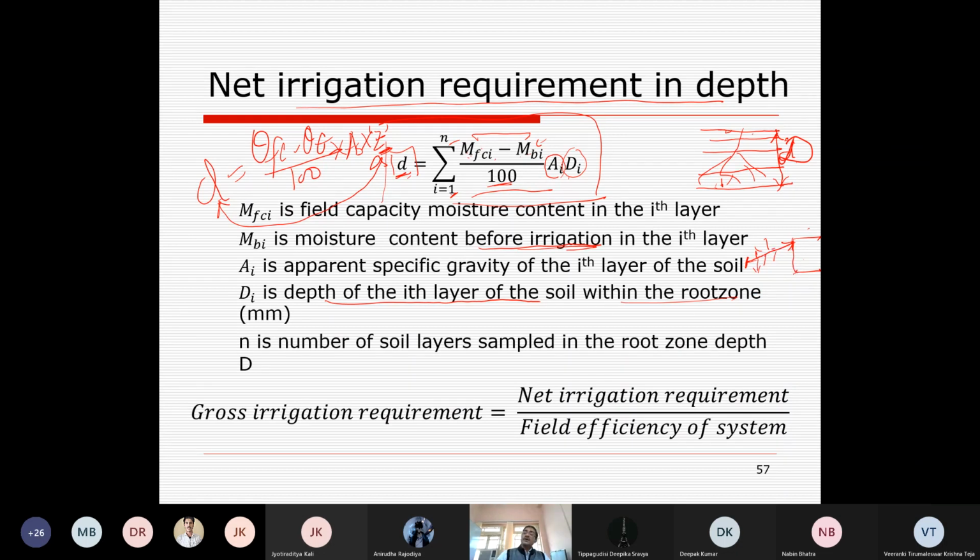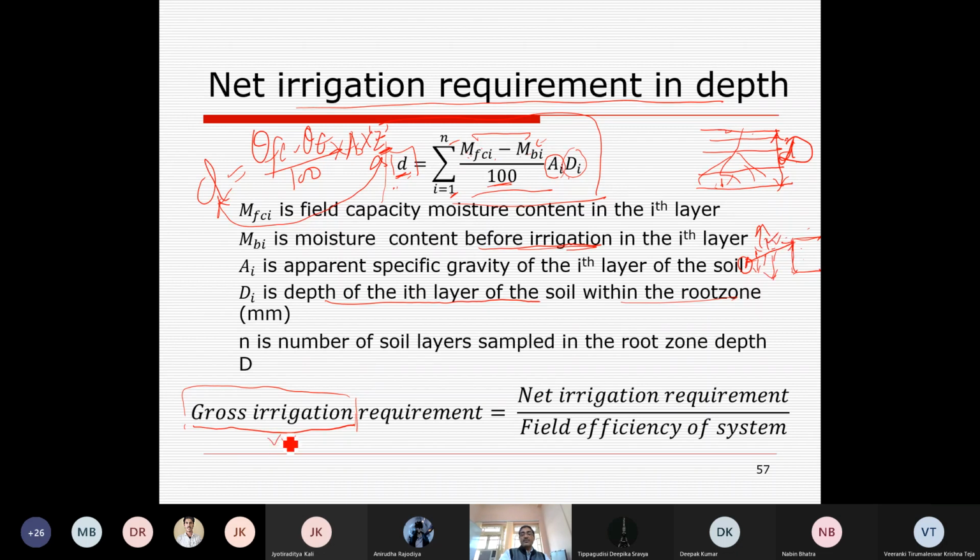So we need to supply the water from the source in a little more quantity to reach the field with exactly the amount D, because there is loss in between in the supply line. So there is a term coming, gross irrigation requirement. This is the net irrigation requirement, and if we need to find out how much water we need to pump from the source to the field under a certain conveyance efficiency condition,